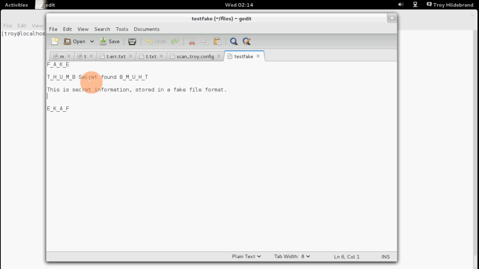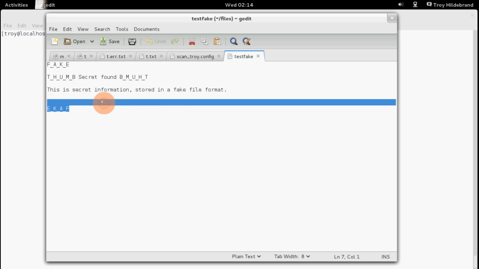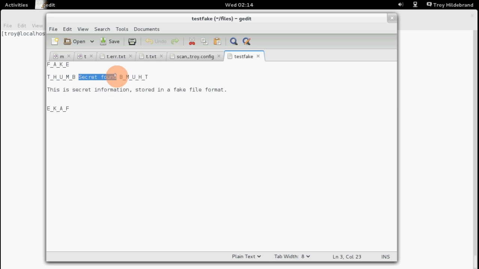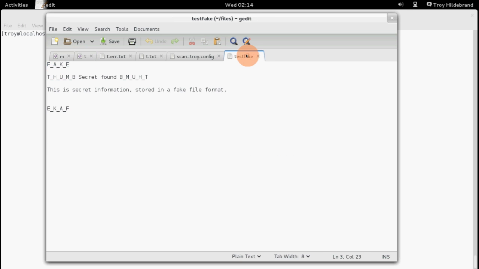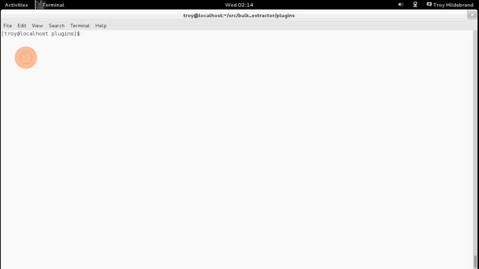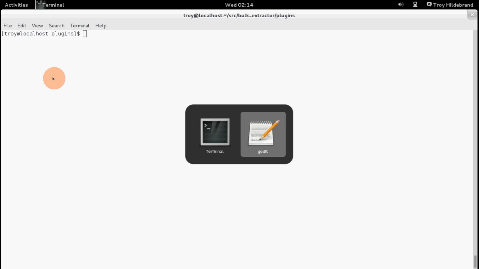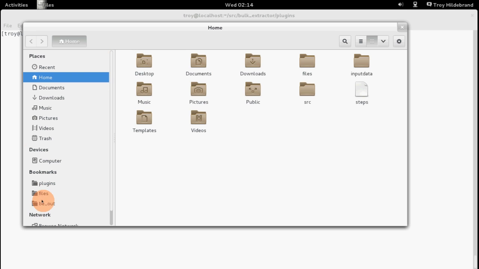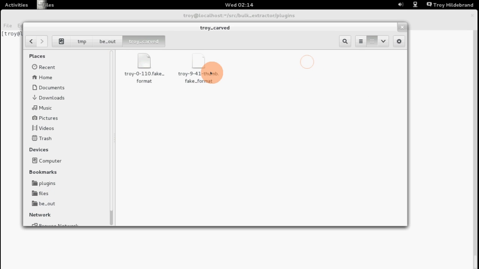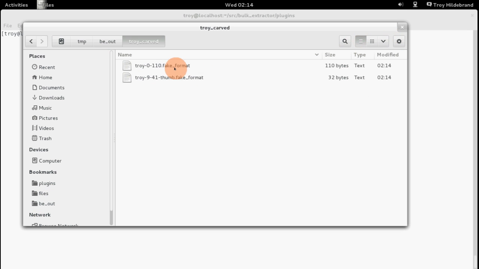Okay, so this document is a special format, obviously, and it contains some secret information. And here's a secret that's in the thumbnail, the executive summary. I've got my batch file set up so I can extract test fake, which is this file here. So I'm going to go ahead and do that. So /t, and it's a very small file, so it's very quick. First, I'll go to my output, my carved folder. There are two files here. One is the fake format, one is the thumbnail fake format. So if I just go ahead and open up both of these,